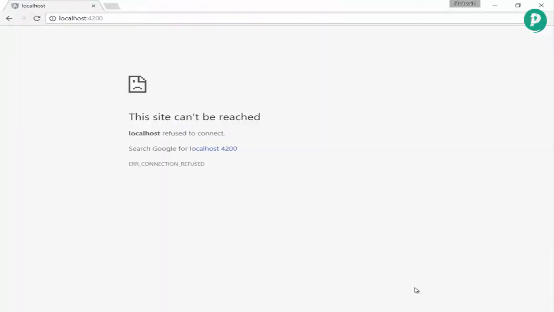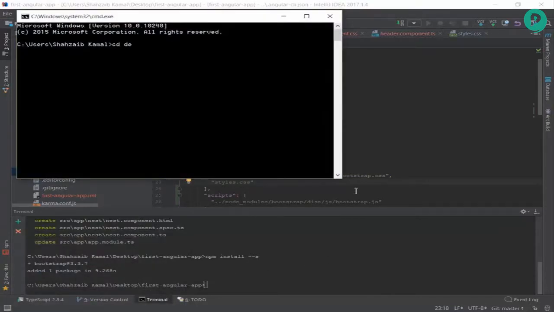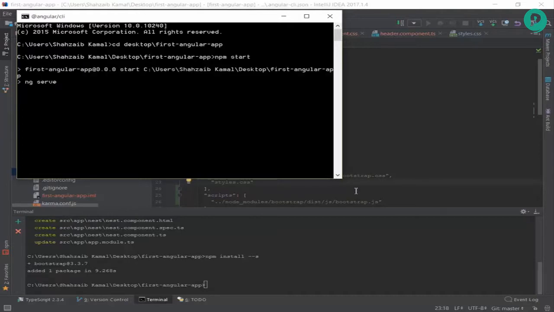now you can see that we just need to set it all up. First of all, the bootstrap.css file, then the style.css file, then just remember this sorting. And now I'm just going to run the cmd again, cd desktop, and then go to the first Angular app. Oh sorry, I didn't run the npm start, which is necessary. Yeah, it's just running the ng serve,